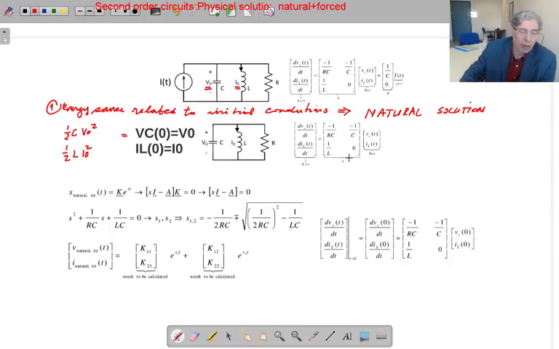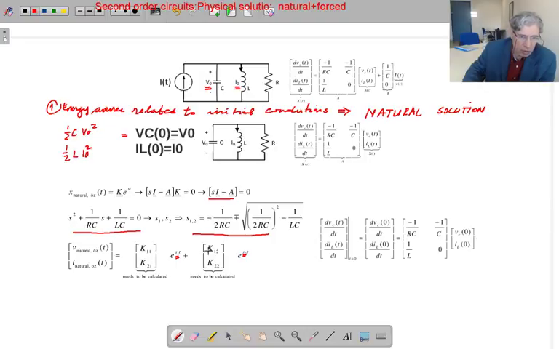So the homogeneous solution calculation steps are going to be the same. You're going to find the characteristic roots from this equation. For this special case, it's going to be this characteristic equation, and the roots are going to be this. So if you write the roots here, S1 and S2,